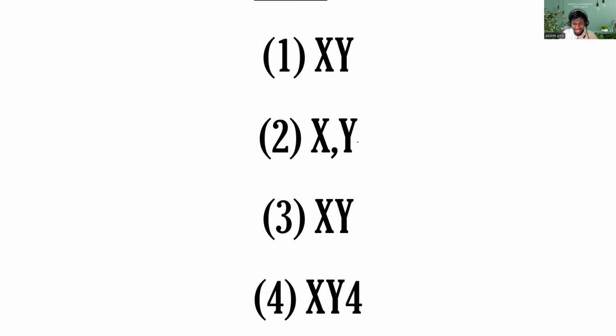Sorry, I think there's a typing mistake. Wait a minute, I will check the paper. Yeah, the third answer is XY2. That is the answer. If you didn't get the idea, just rewind the video,